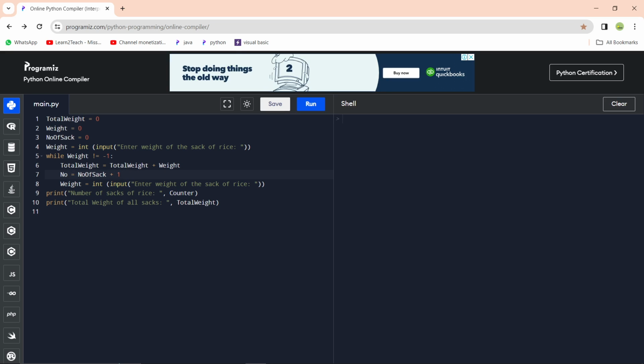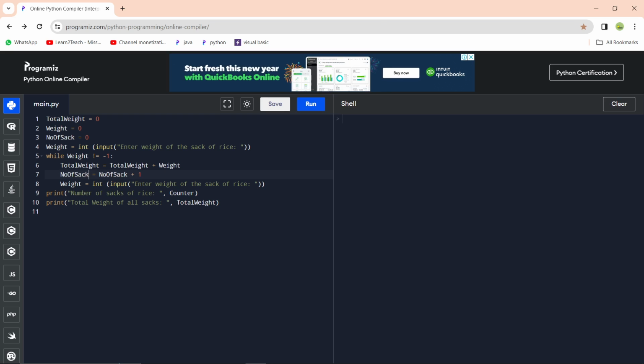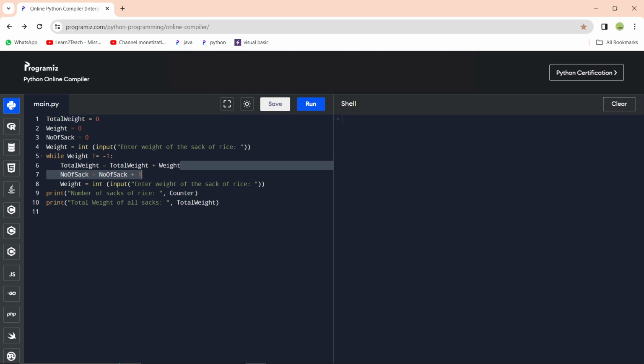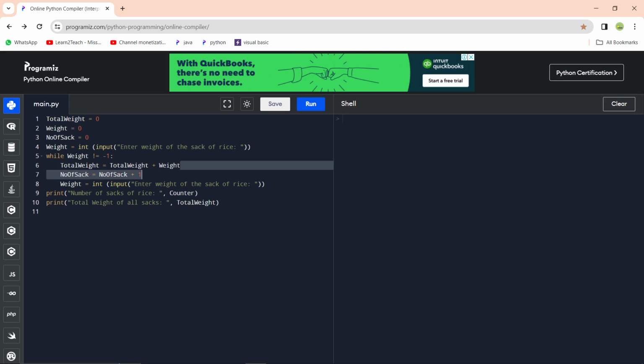So this is your method of totaling. Total weight equals total weight plus weight. This is the totaling method, and next to the totaling method you have the counting method where the number of